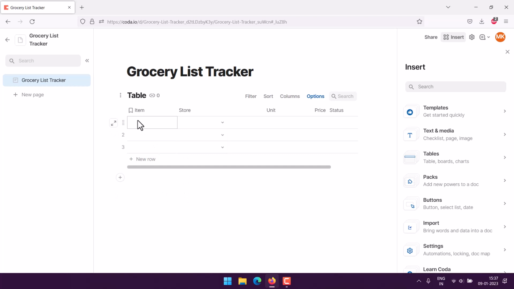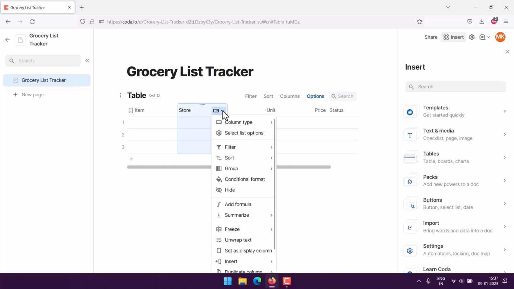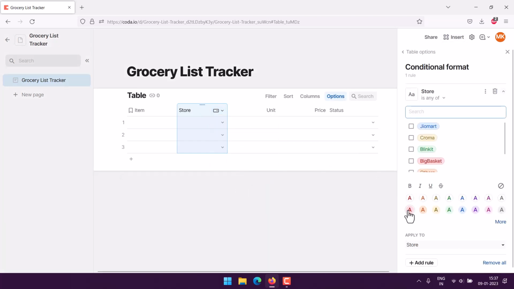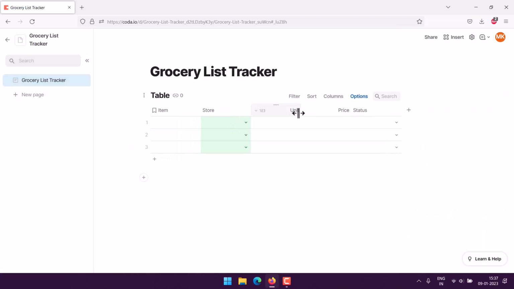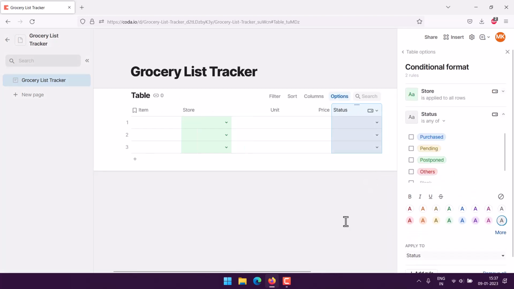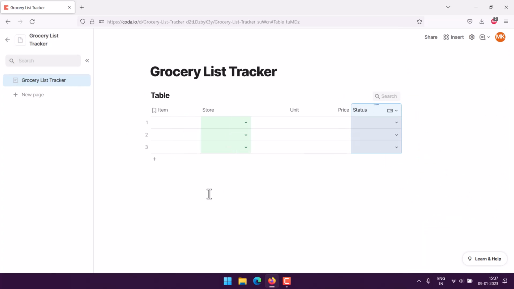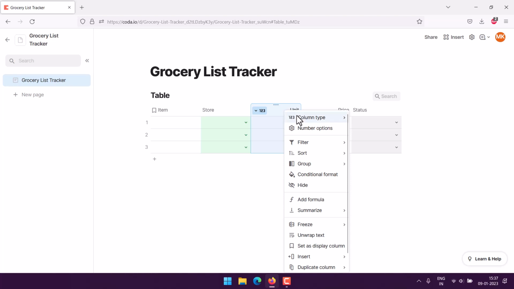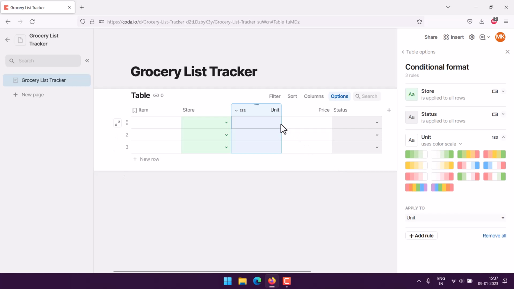Now we can give each of them some conditional colors. So conditional format, let's say store has green color, right? Now let's go with status. So for status, we choose some conditional color, let's say gray color, right? Now we have unit, right? So here we choose conditional format, and for unit